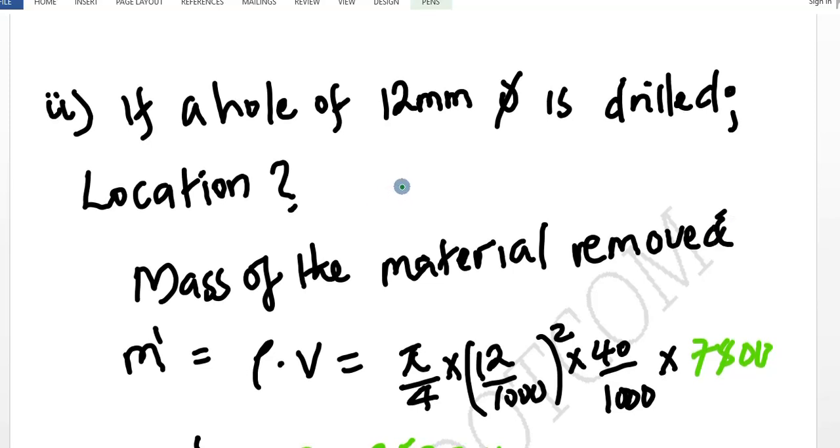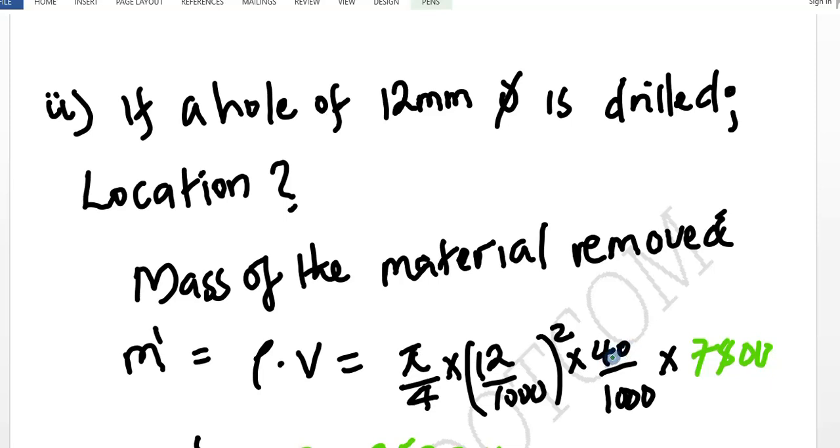Now we are given that if a hole of 12 millimeter diameter is drilled, we are required to determine its location and therefore the position, of course, of the balance force. That this hole has been drilled to make the system balanced. So we need to determine the mass of the material removed for us to get the 12 millimeter hole. That mass is going to be density times volume, whereby volume is now pi out of 4 times diameter squared, which is now 12 out of 1,000 squared, times the thickness, which is a constant as 40 millimeters, and